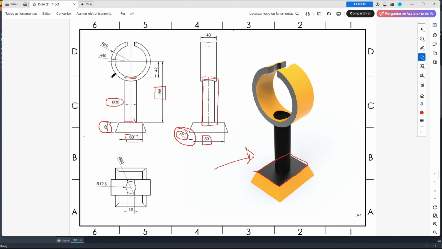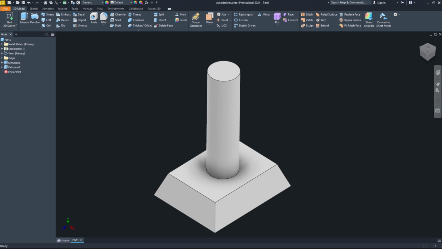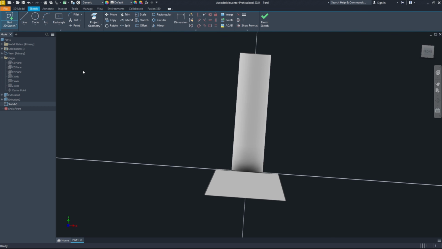And now we will select the front plane and make this sketch. We will make these two circles here with 50 millimeters of radius and 40 millimeters of radius. And the distance between the center of the circle and this face here is 155 millimeters. So let's create this. Go to sketch, and here in origin, select XY plane